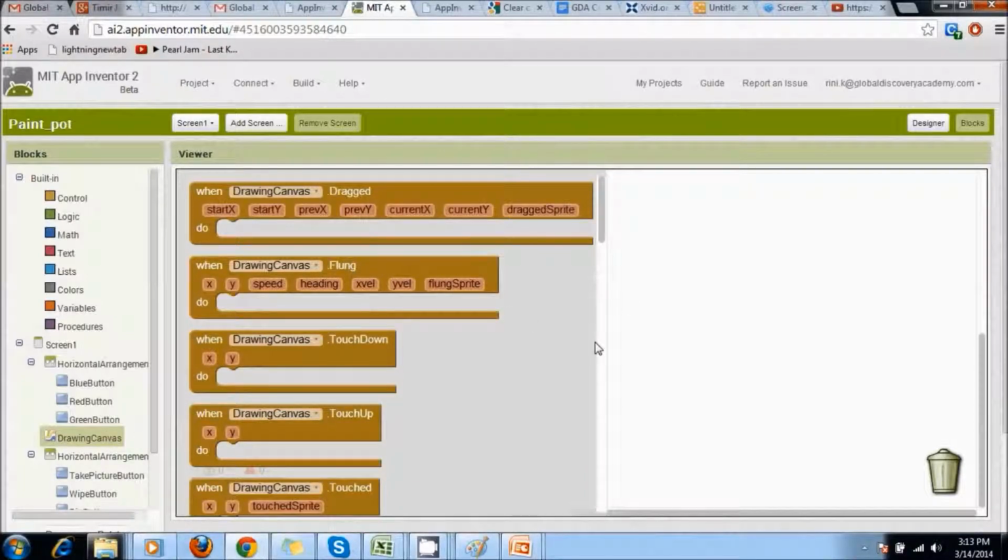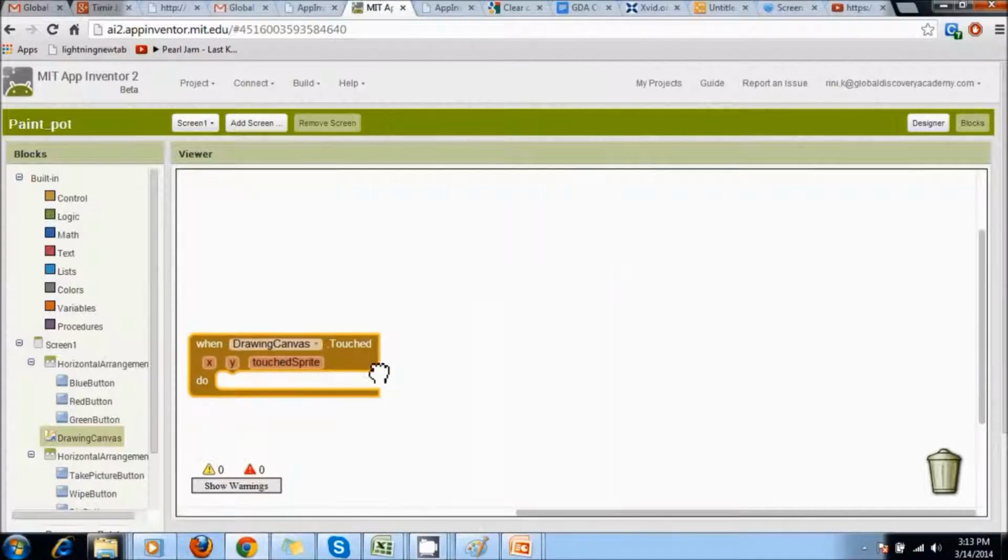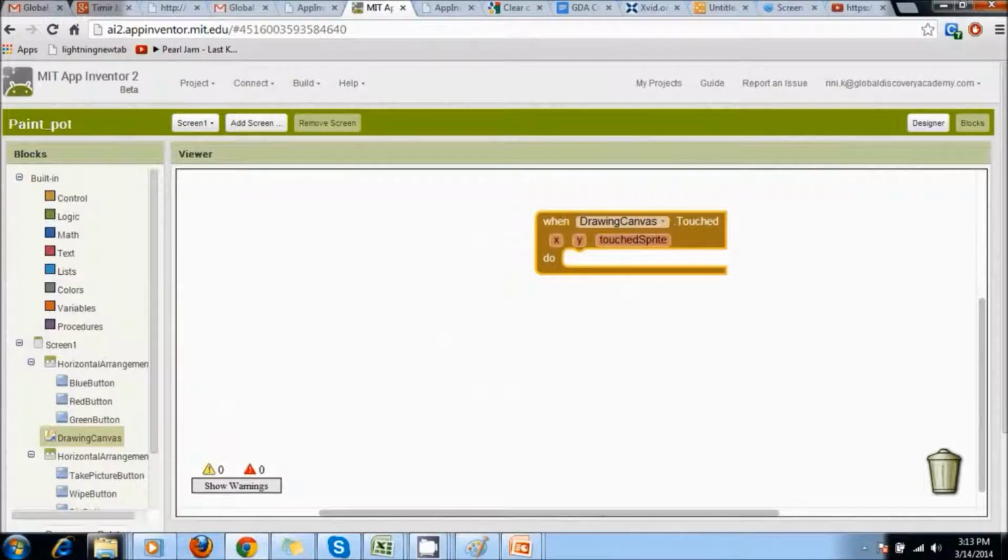So here we have when drawing canvas dot touched, we're going to add this block. As you see, you have 2 parameters, x and y, and the touched sprite as shown here. It's basically going to tell us the x and y components on which it's been touched. So the coordinates where you're touching the screen are going to be shown by these x and y arguments. So what we want to do when the canvas is touched is we want